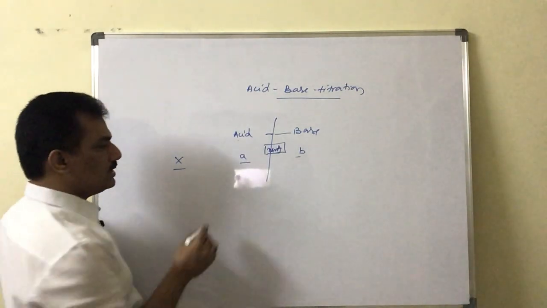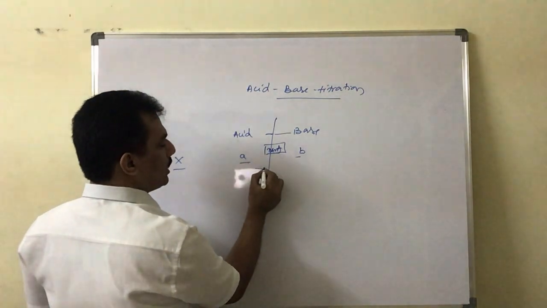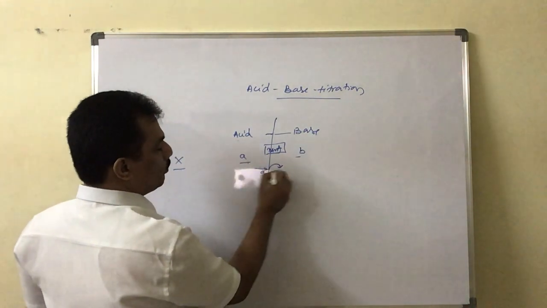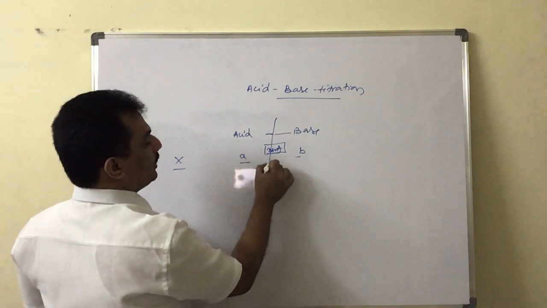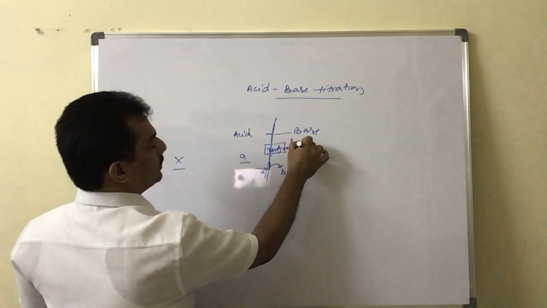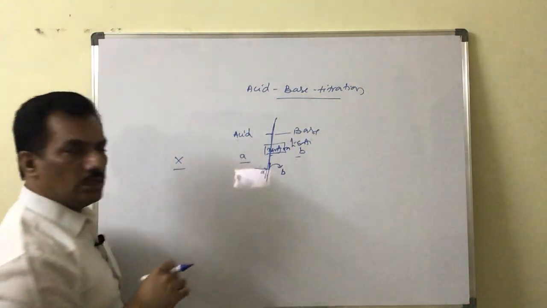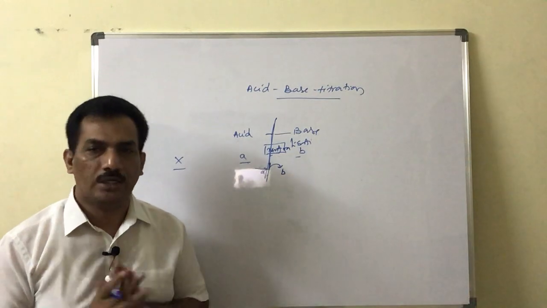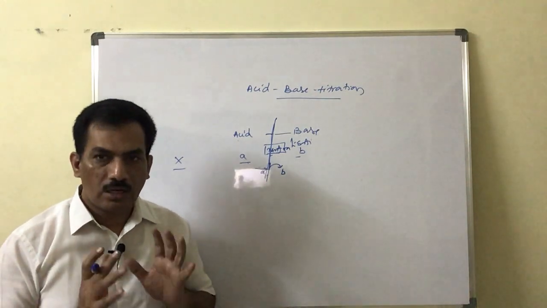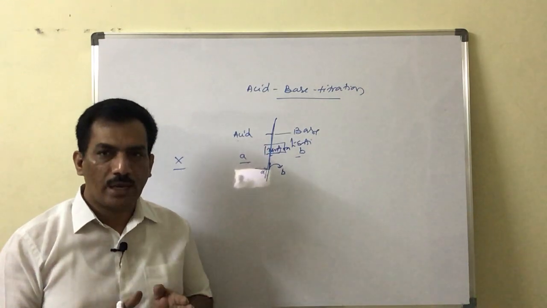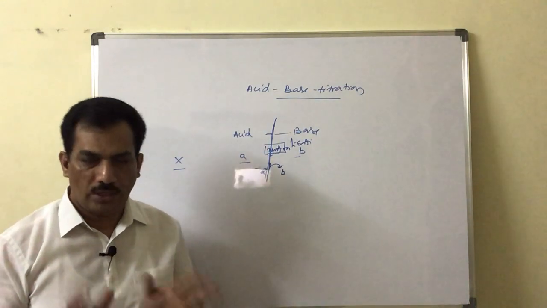But once the color is coming slowly, and there is a sudden change in color from A to B, where it happens, that is considered as the neutralization point. Just remember: organic compounds that exhibit different colors in different media are known as indicators, and these are used to find the neutralization point.